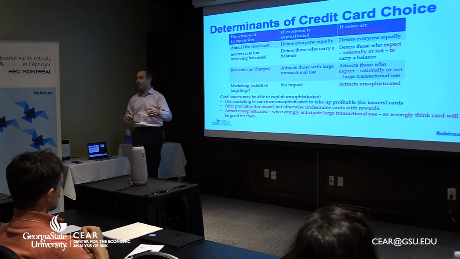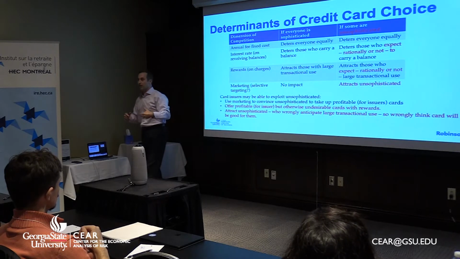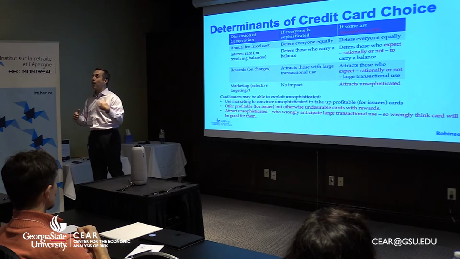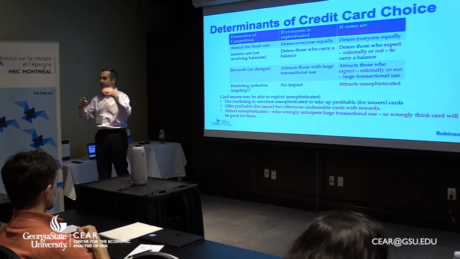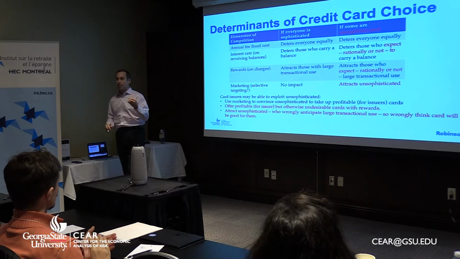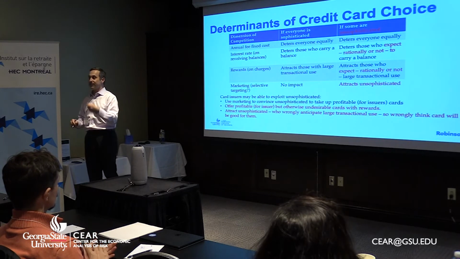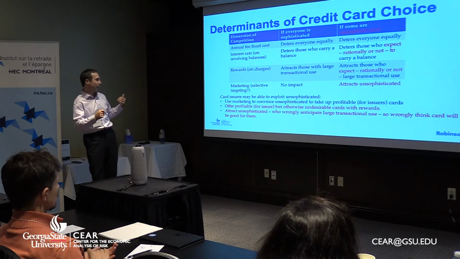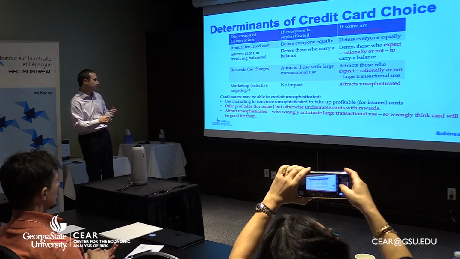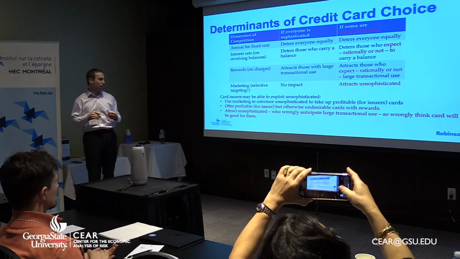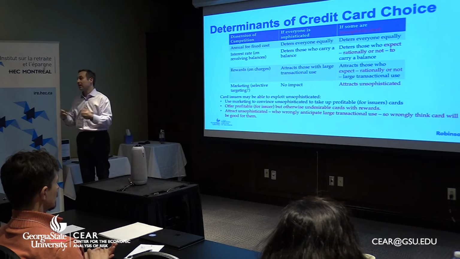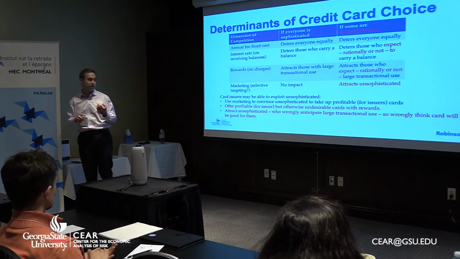So let's think of a card as being a bundle of these 4 attributes, and we're really thinking then about how might unsophistication connect with how people choose among cards that have these 4 attributes. Okay, the key thing I want to say is that card issuers may try to use these attributes to exploit unsophisticated people, and we may want to think about how that might work out. In particular, you might use marketing to convince the unsophisticated folks to buy your profitable card. You might offer cards that are profitable to the issuer but otherwise undesirable that have rewards to try to get these unsophisticated folks to sign up.